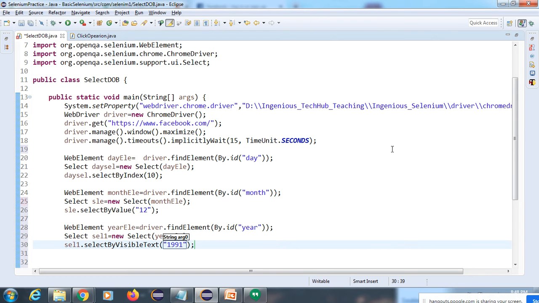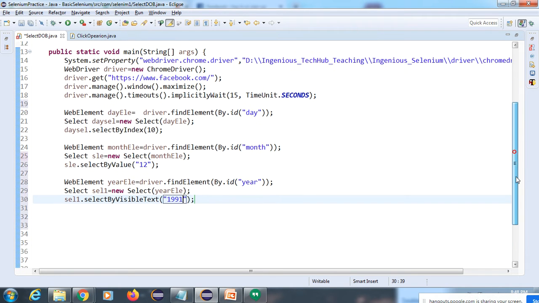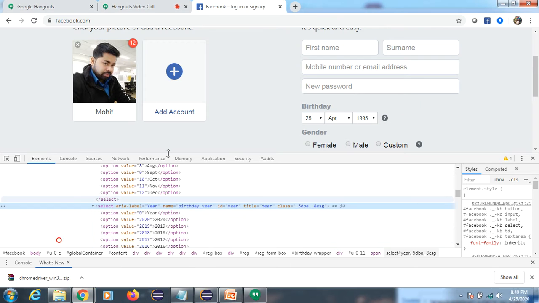I think you guys understood, right? The main intention here is to understand this method and how we can use it. This is the interview question: what is the difference between select by index, select by value, and select by visible text? How to handle a drop down?